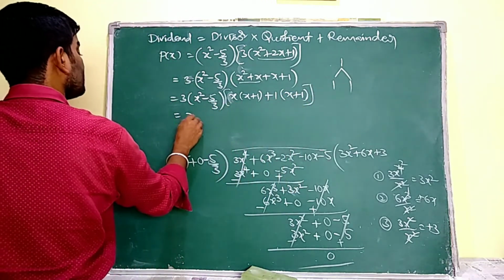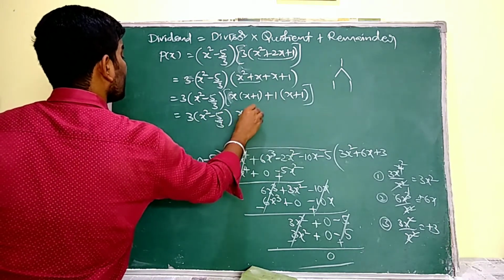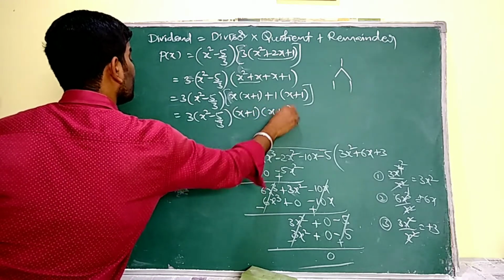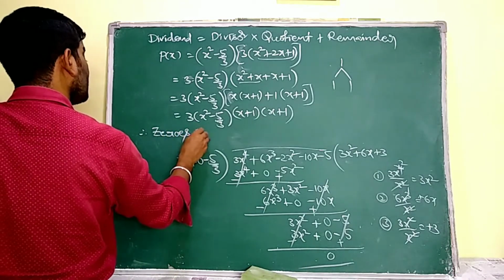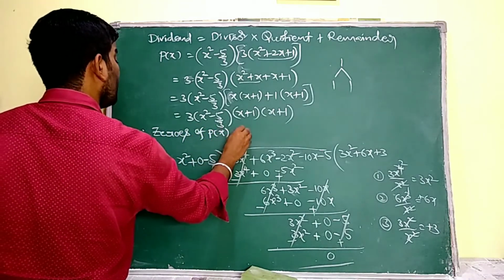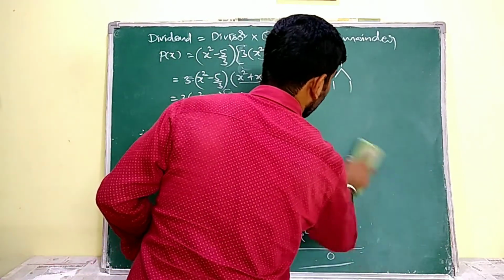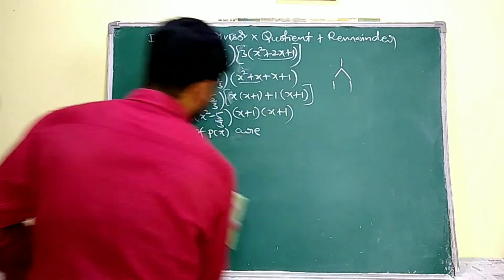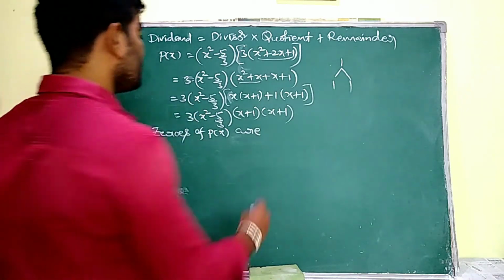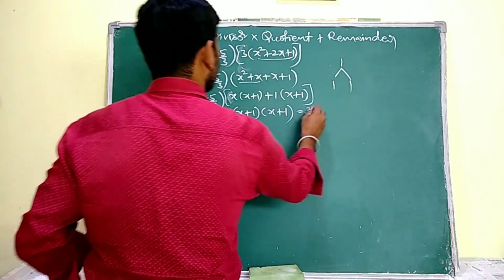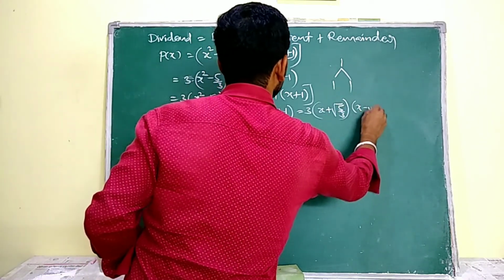Now see, in these two terms x plus 1 is common, no, then x plus 1 into x plus 1. Okay now, therefore the zeros of p of x are, see ma, to obtain zeros of any polynomial I must equalize that given polynomial to 0. This is a polynomial p of x, no, to obtain its 0 I have to equalize it to 0 ma. For that see ma, this x square minus 5 by 3 means x plus root 5 by 3 into x minus root 5 by 3.